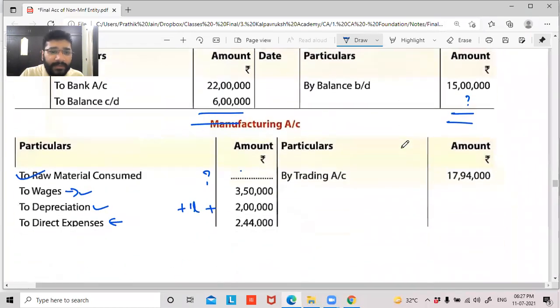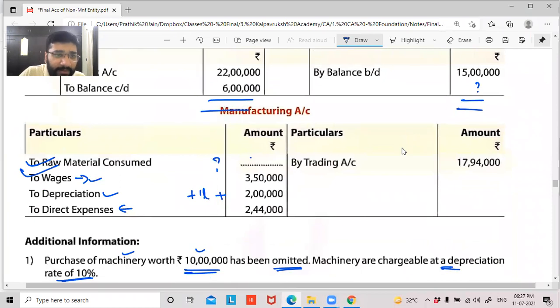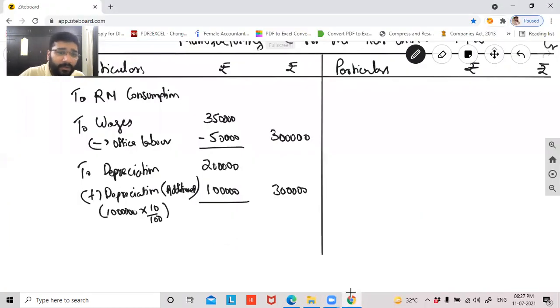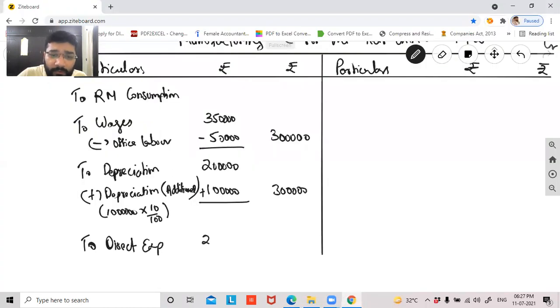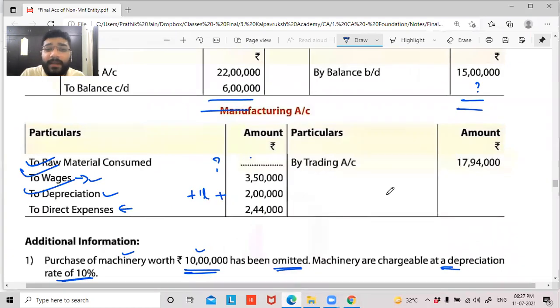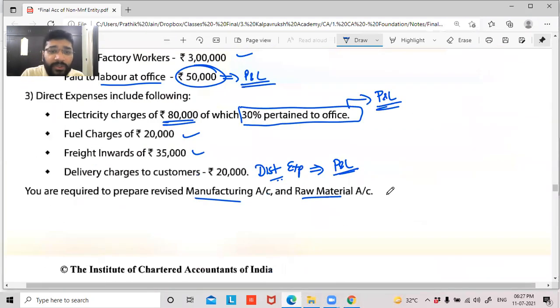Then coming further, guys, wages is taken care, depreciation is taken care, direct expenses 2,44,000, guys. So direct expenses, 2,44,000 rupees. I have a problem with this amount. This entire amount is not related to the manufacturing process. The question says that